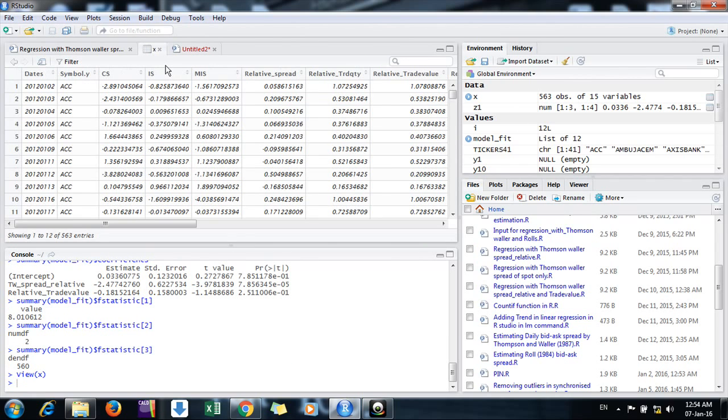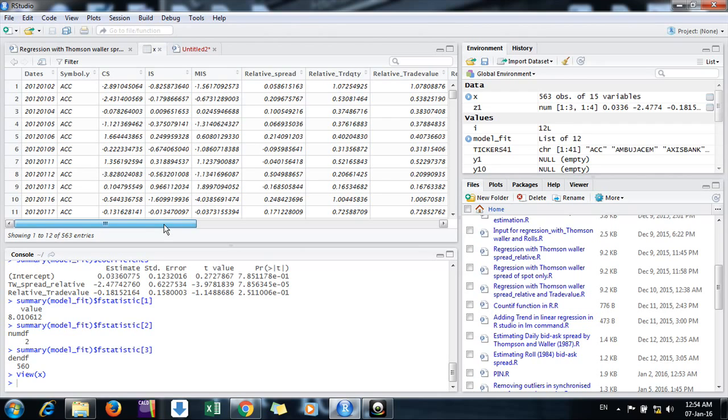This X is my file that contains 15 variables, dates, symbol. Actually, this is data for ACC Security in the Indian equity market, traded on the National Stock Exchange, India. These are some measures I don't want to mention. You simply take them as your variables. Some, as per your theory, could be dependent.